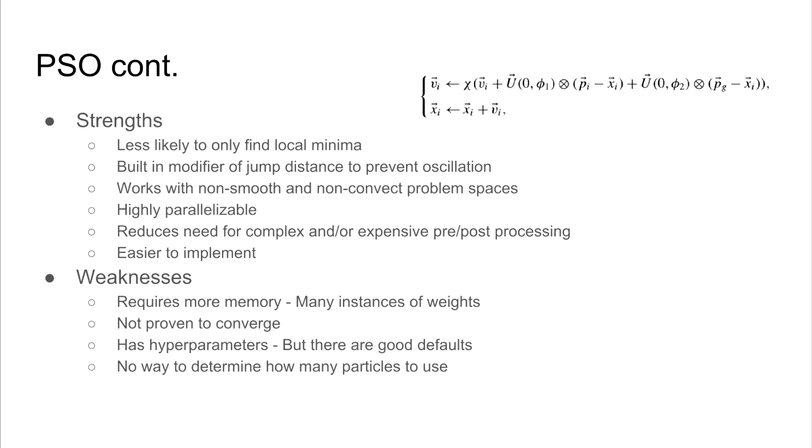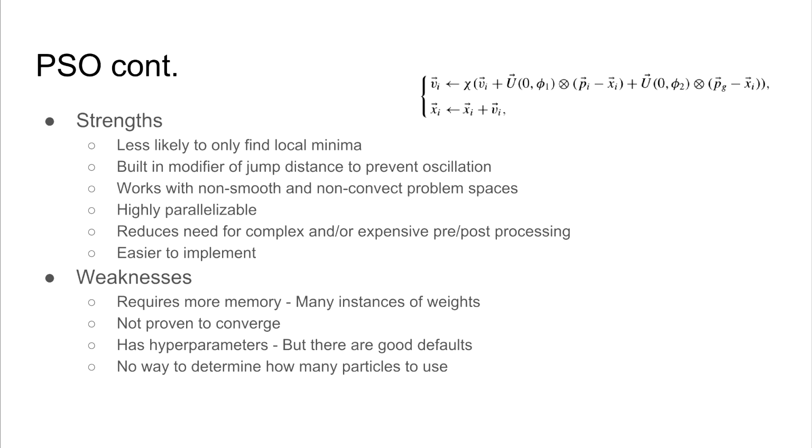As you can see from the algorithm above, that's essentially the whole algorithm. So you have your velocity that's updated by chi, which is essentially a velocity dampener of sorts. You have your old velocity, you have a random variable, and then you have your difference against your personal best and the difference against the global best. So in a combination of your personal best and global best distance away from that, you randomly move towards it and modify your past velocity. And then you apply that to your current spot and essentially make your jump.